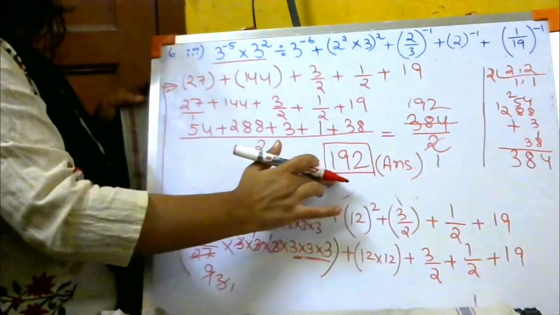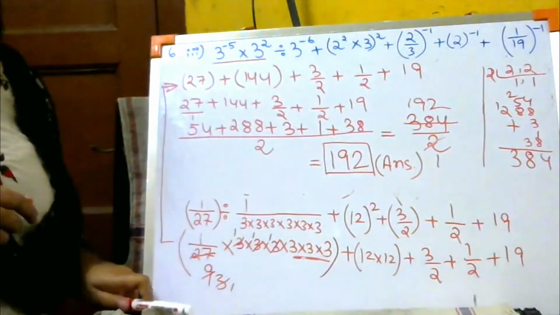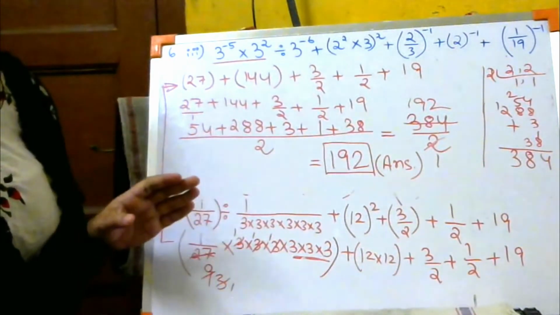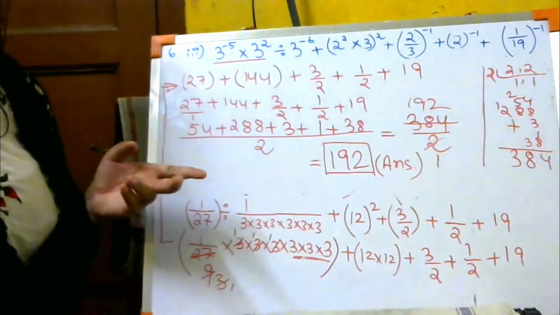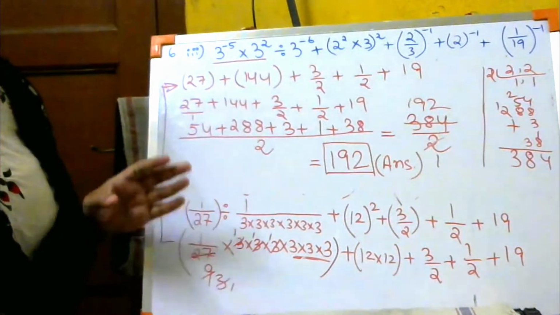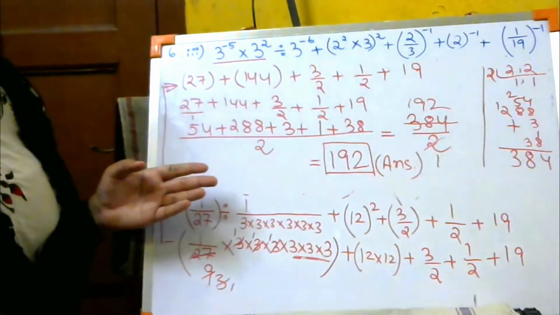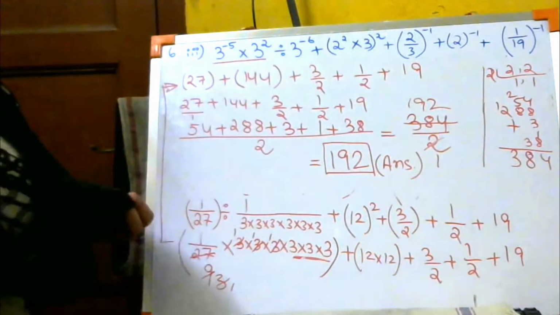So this sum was a little lengthy, I know, but it was very easy also. Okay? You just have to remember the laws of exponents. Over here we did not use any different kind of laws. We just used the first law and the second law only. There were no other laws involved. Other laws are going to be involved in the next sums that we are going to do in the next class. So today's class ends over here.